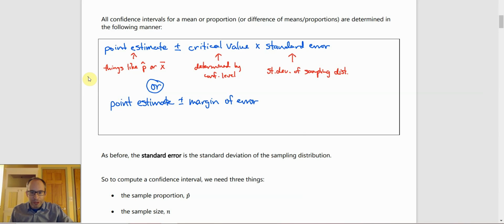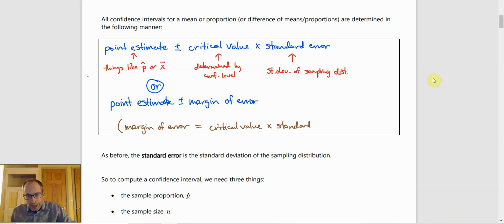So really what this is saying is, and I guess I can put this in another color, how about brown? I'll just put this down toward the bottom in parentheses, that the margin of error is just a term for everything that comes after the plus minus. So it would be the critical value times